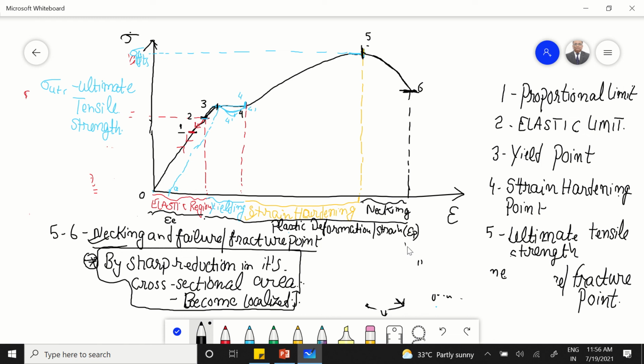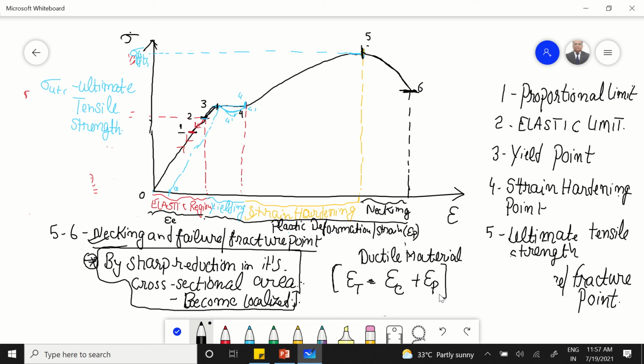Which means that for a ductile material, please remember this, this is a very important result. For a ductile material, the total strain that is produced at the fracture point, let us say epsilon total, is nothing but the individual contributions of elastic strain plus plastic strain. So this is a very important equation. The total strain inside a ductile material is divided into two terms, epsilon E and epsilon P.